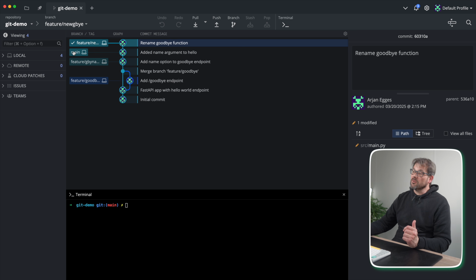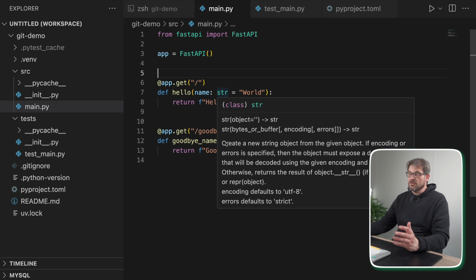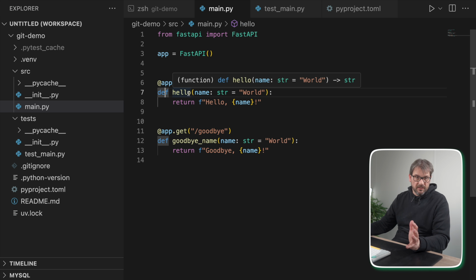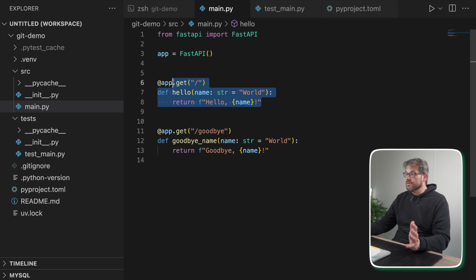Actually, what happened now is that we still have this main branch here, but the feature to rename the goodbye function is now applied again onto the feature branch that is created from the latest main branch. So that's what it looks like now. You can also see in the code it actually has combined these things. So I have my hello world endpoint that has the name argument, and